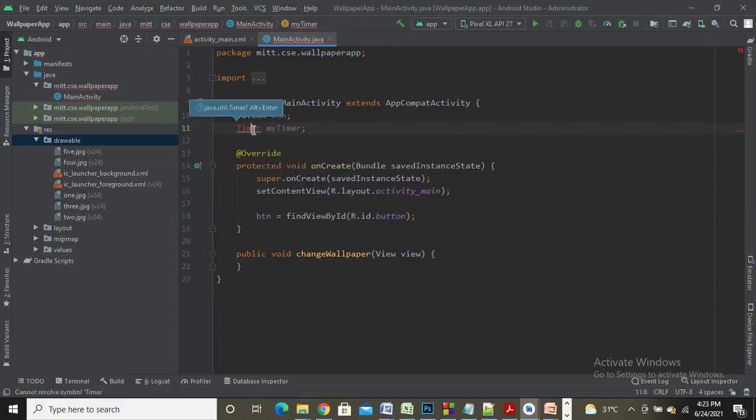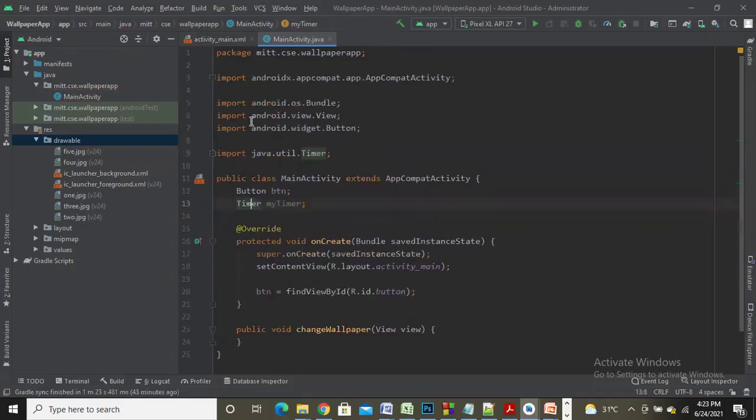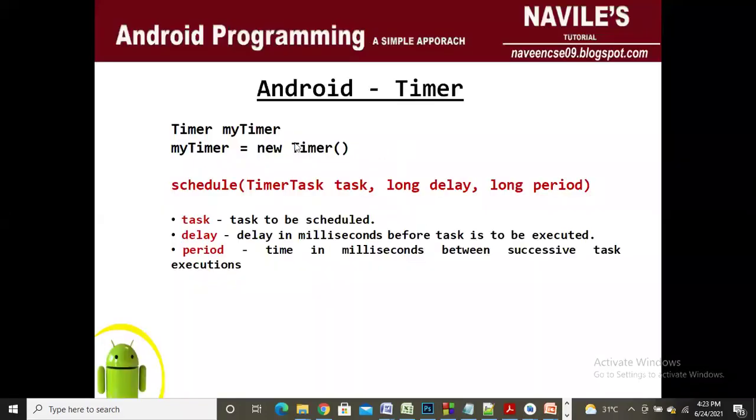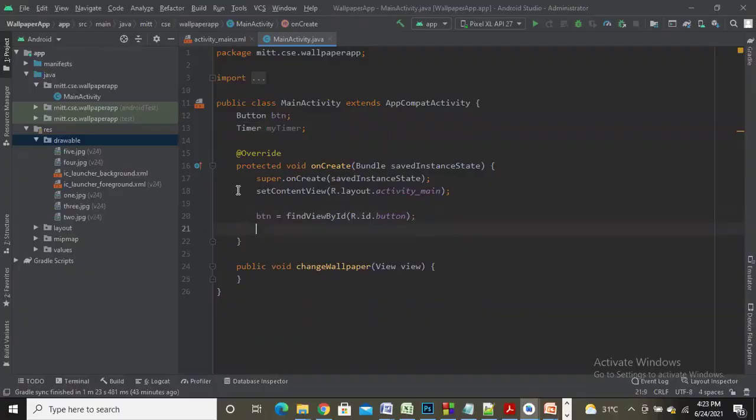So let me press Alt Enter. Okay. You can see in the import, we have imported java.util.Timer. So after that, in the onCreate method, let me instantiate the timer object. As I clearly told you, we should instantiate the timer object in order to make use of the method schedule.